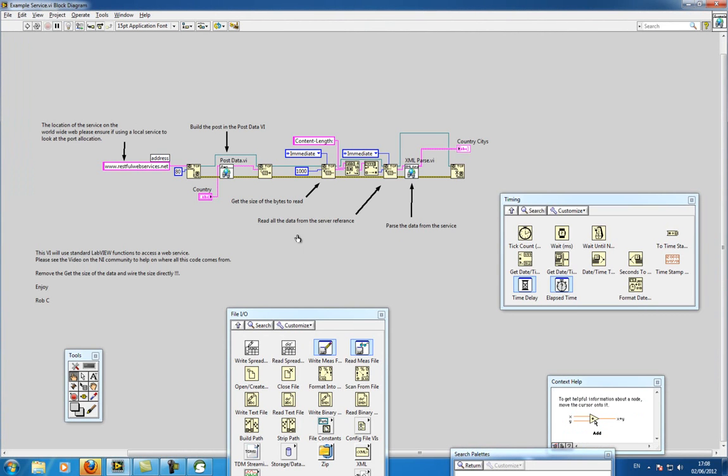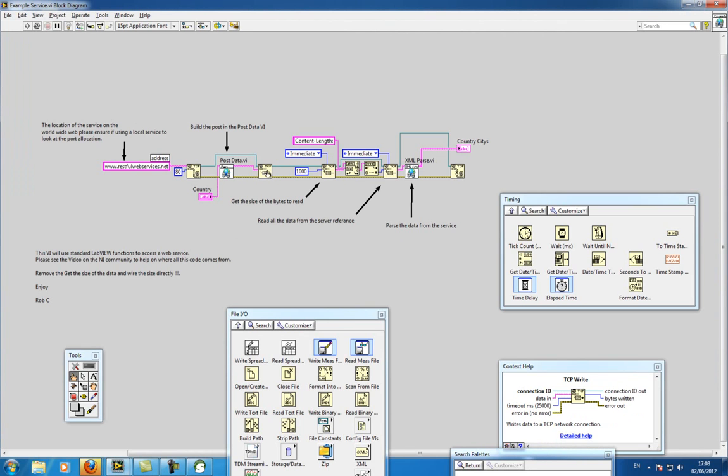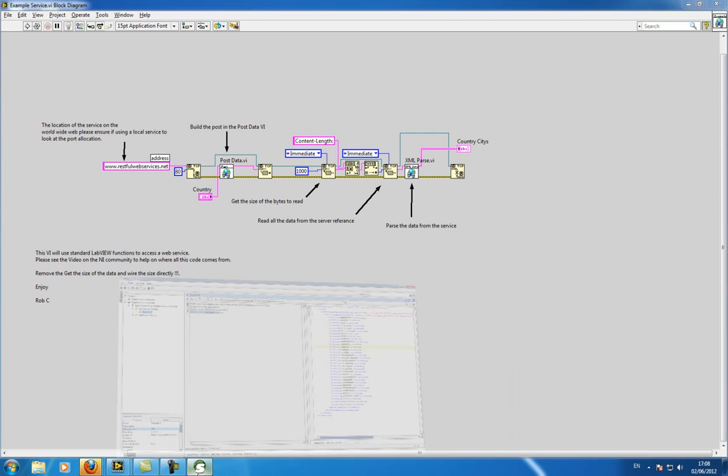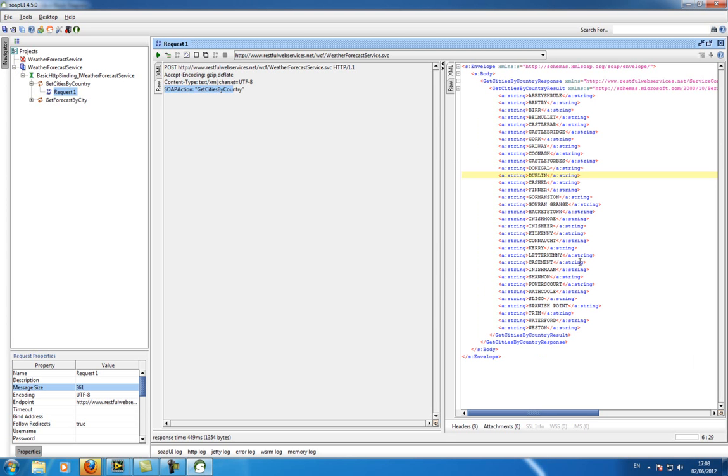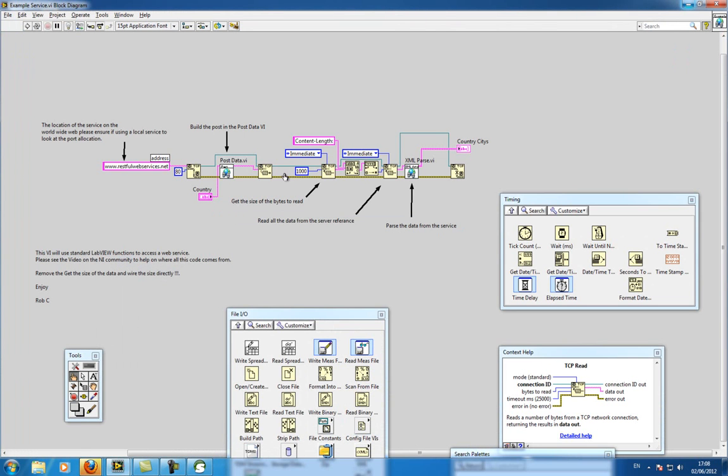So moving on, first thing I'm going to say is sometimes you don't need to get the number of bytes to read. If you run it from SOAP UI, it'll actually tell you the number of bytes that were read. So response time 449 milliseconds, 1354 bytes. So you could hard code that in and read the entire message back,